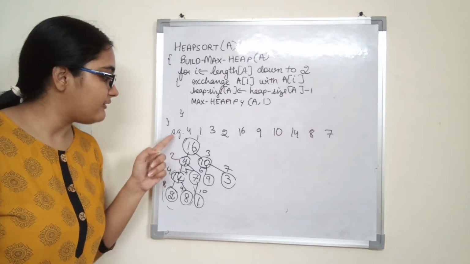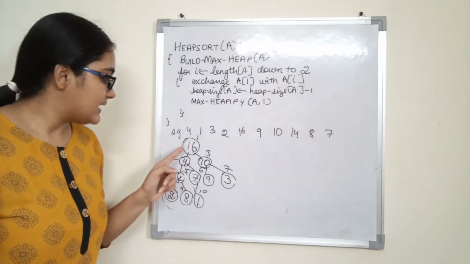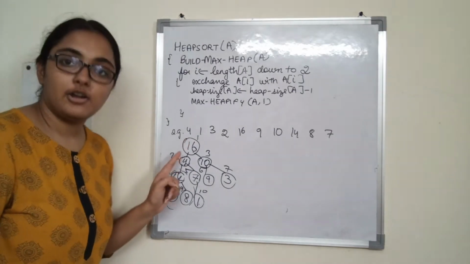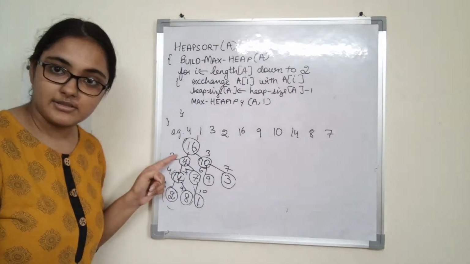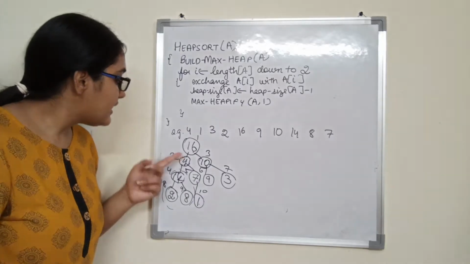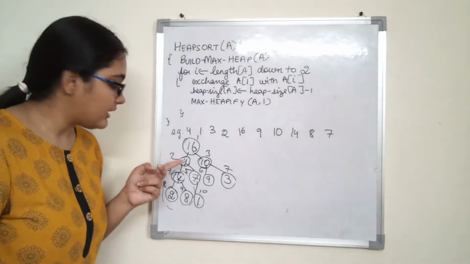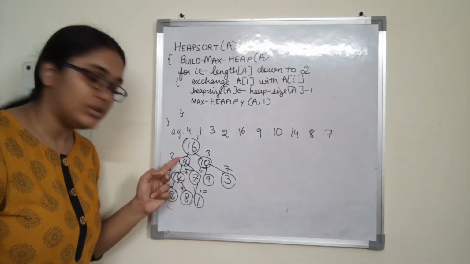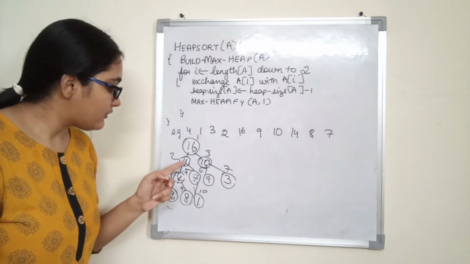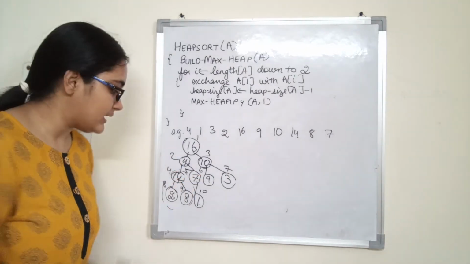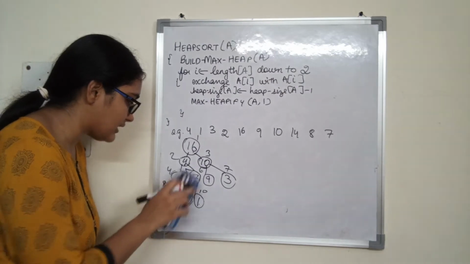Max CP5 when we call on node 1, since the largest and I are not equal, it will be called on largest. Max CP5 will be called on largest. So largest points to this node. So it will be called on this particular node, that is node with index 2. Now out of 4, 14 and 7, which one is the largest? 14 is the largest, so 14 and 4 will be exchanged.